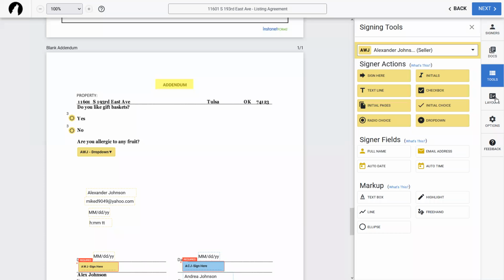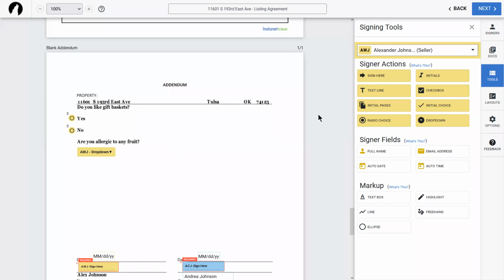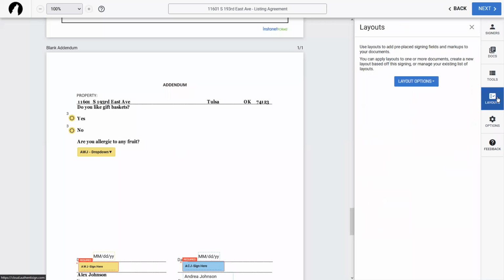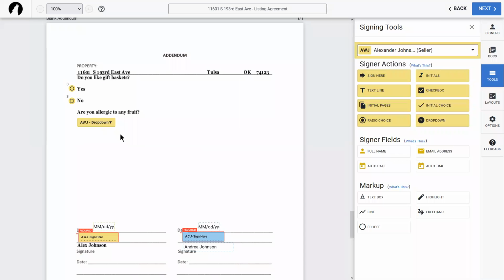All right, let's move on now to the layouts option. This was something that our previous system had, but of course there weren't as many things for you guys to actually add to these documents. Now that we have a whole slew of new things and new options, when you get to this layout choice, you can actually save a layout that you've already created, or you can apply a layout that you had created previously.